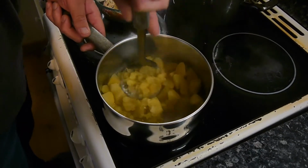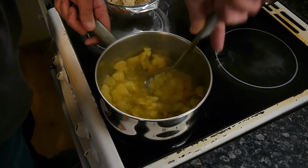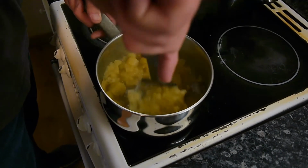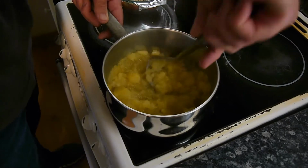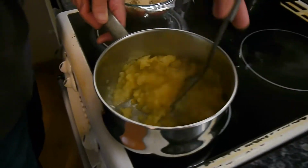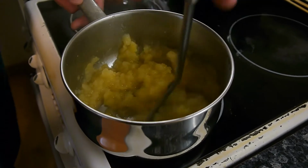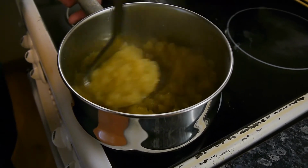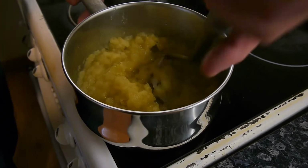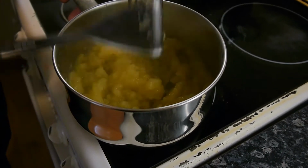Look, this is a potato masher, and it's not potatoes, it's apples. Don't forget, these apples have got no cores in them, no pips, and skin only. And as I said to you before, if you want an ultra smooth, silky applesauce, you don't like it kind of rustic style like this, then you have to peel the apple. As simple as that. But make sure you cook it quickly,